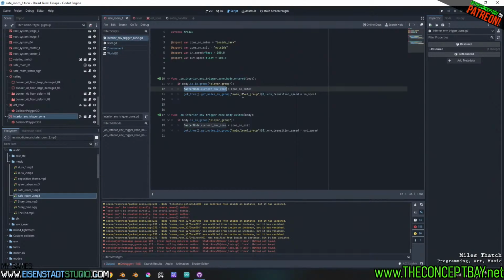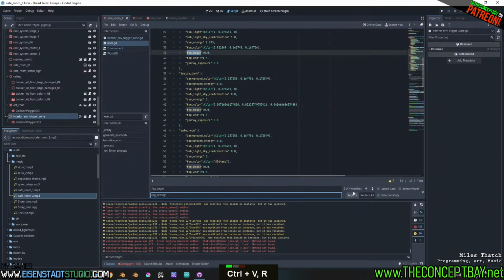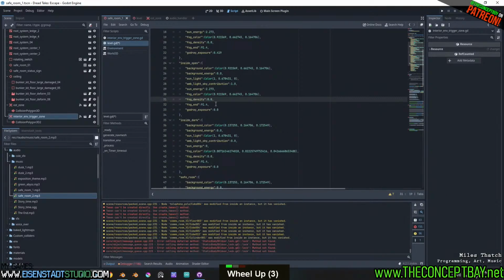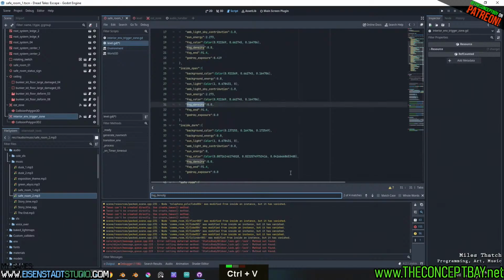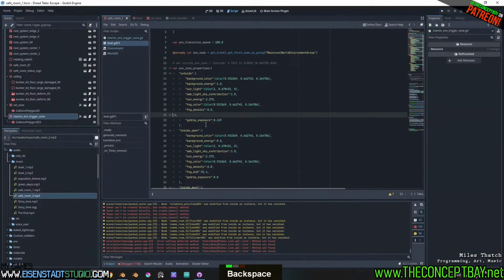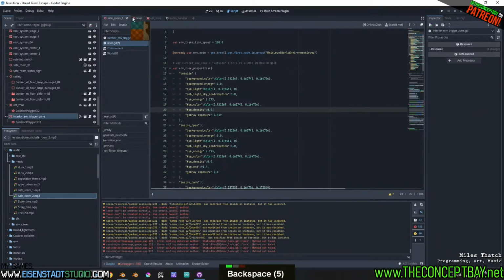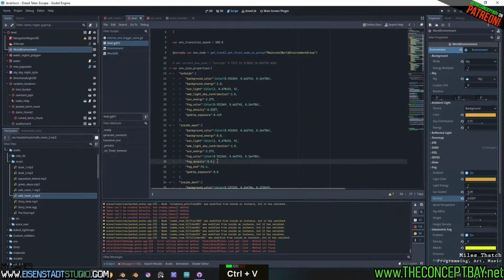So we go back here to the level. Fog begin. Place all. Fog density. Actually, I think fog end. Nah, that's too high. Yeah, we're gonna have to rework these values. What is the current fog density? Yeah, yeah. Plug it in 91. It's not gonna make us any happier. Fog density. Let's go up to